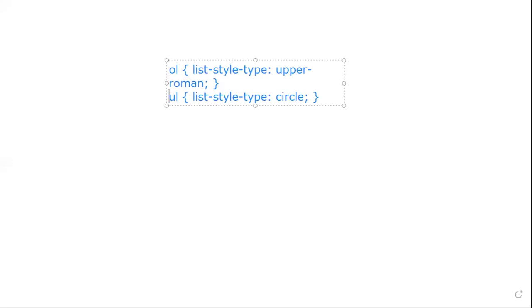It can be upper Roman style, lower Roman style, upper alpha style, or lower alphabetical style. We mention the style name, and the design will be on that basis.